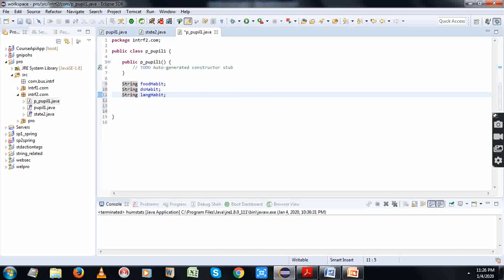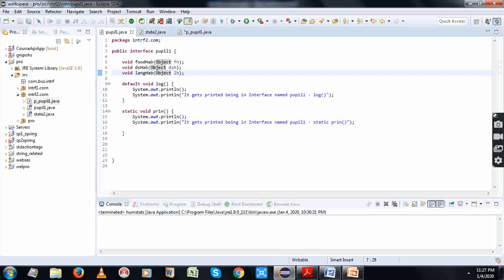So two interfaces are created, and I need to implement both the interfaces with a class. Before that, I need some data to pass in, right? About people as well as the state, I need to pass in some data. So again, to create data, we need POJO classes. So I create a POJO class people, about the people's food habit, dress code and the language they speak. I have created 3